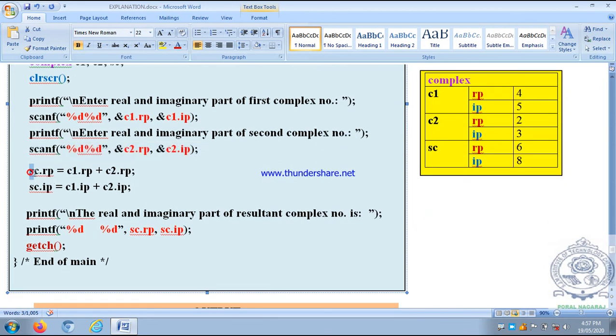Then you can add the real parts of the two complex numbers, which will be the real part of the result complex number sc. You can add the imaginary parts of the two complex numbers, which will be stored in the imaginary part of the resultant complex number. Then you can print the real and imaginary parts of the resultant number sc. This is how you can use type defined structures.